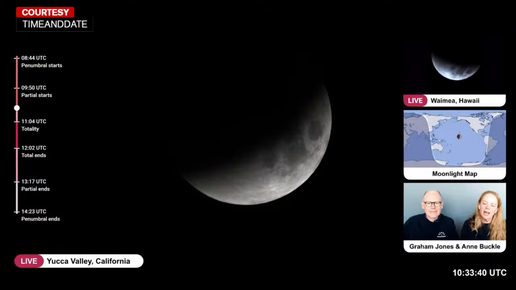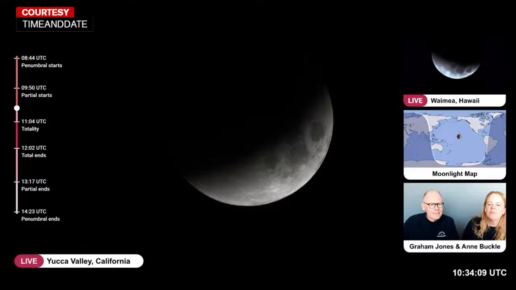You're watching timeanddate.com. We're watching a beautiful lunar eclipse going on here. We're about halfway through the first phase of the eclipse. We can really tell that the dark inner part of the shadow is creeping deep onto the moon, and it's covering about half, but it feels like a lot more at the moment because it's a very blurry shadow going on there. We're also halfway to